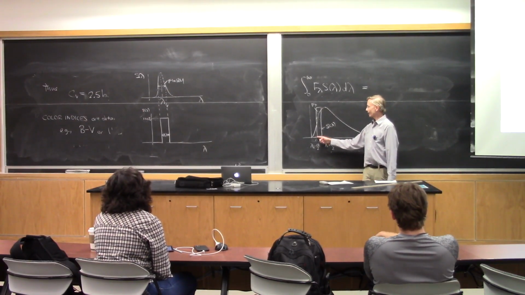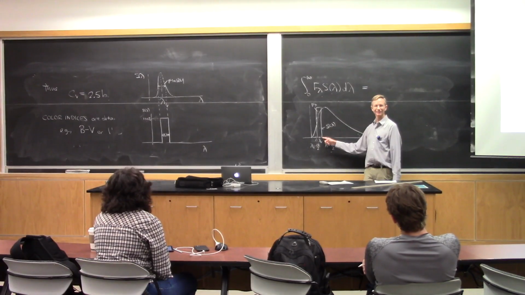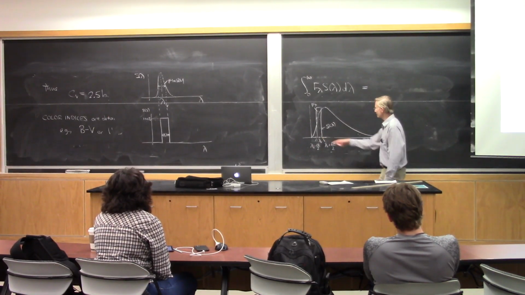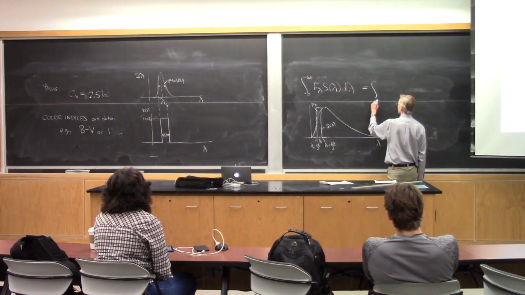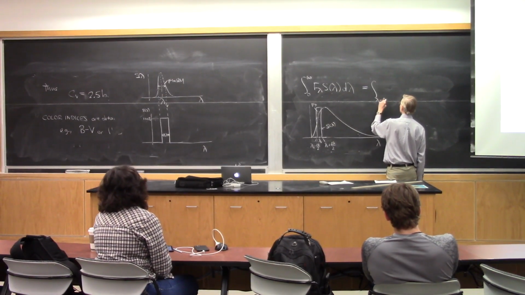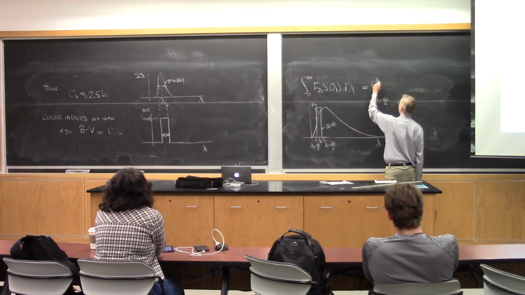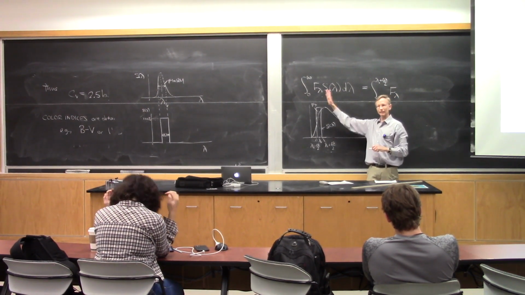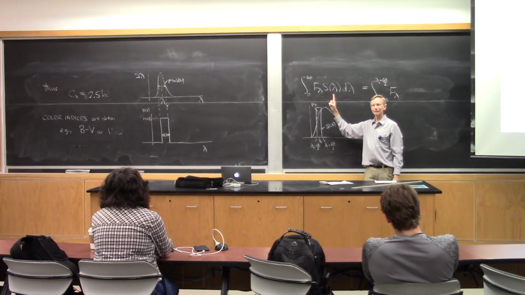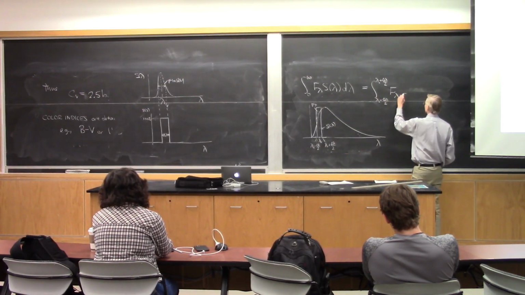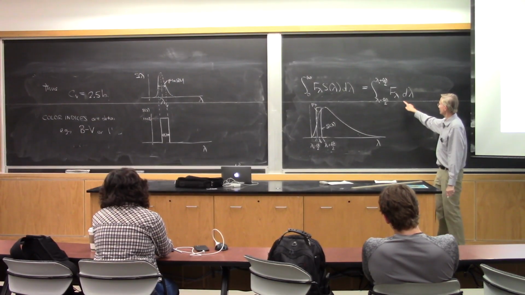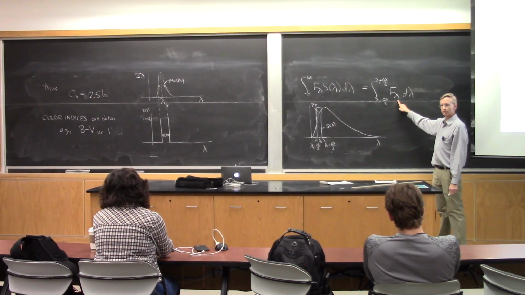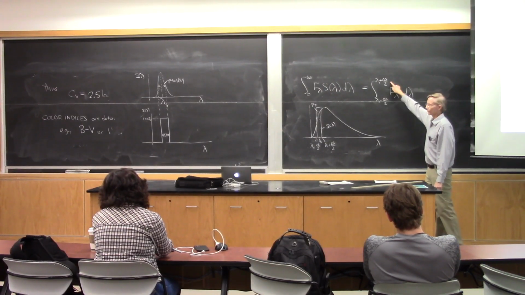So what can I do to the limits to make things simpler? Yeah, I use these as the limits. It would be the integral from lambda naught minus delta lambda over 2 to lambda naught plus delta lambda over 2 of f lambda times, what's s of lambda in that range? It's 1, right, times 1 times d lambda. So all I need to do is f lambda d lambda for this range,